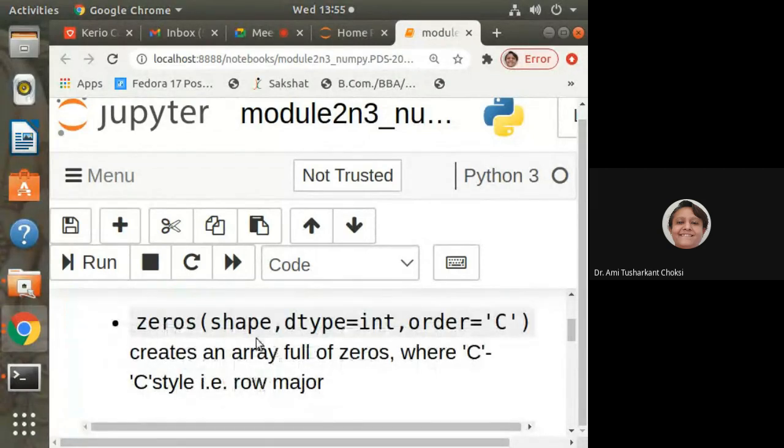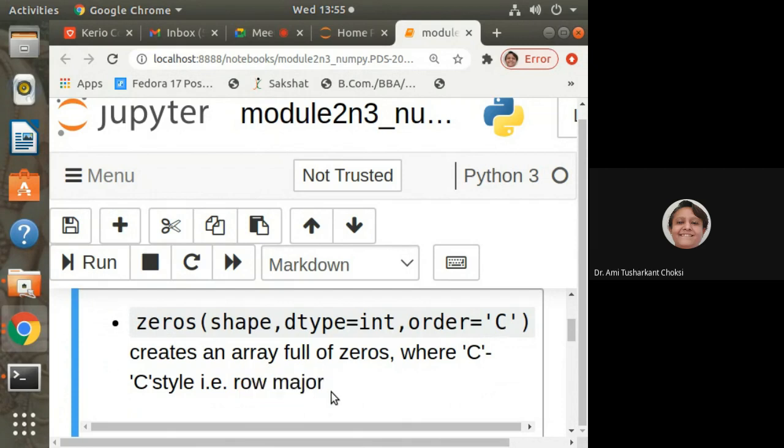Now zeros. Shape we have to provide. Shape is typically row and column, right? Okay. So dtype we should provide, and order. Order is C by default. What is that? That is the row measure.